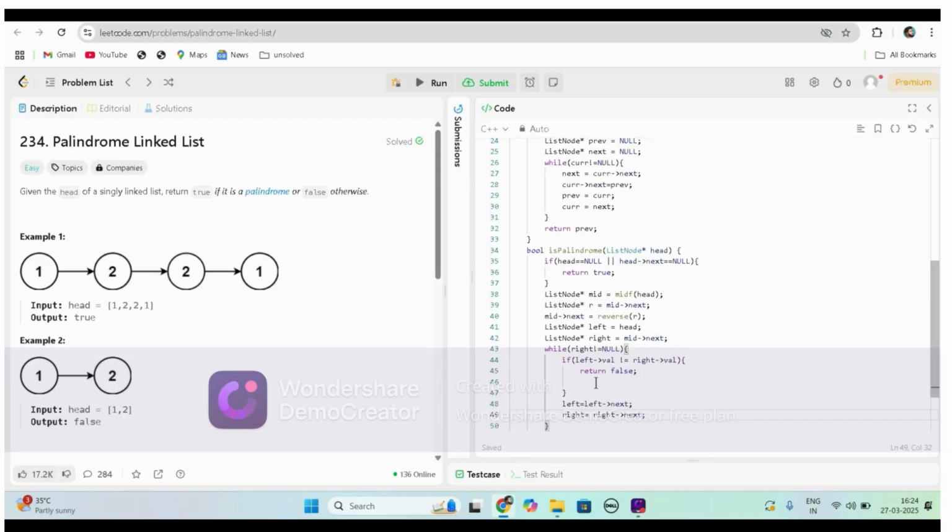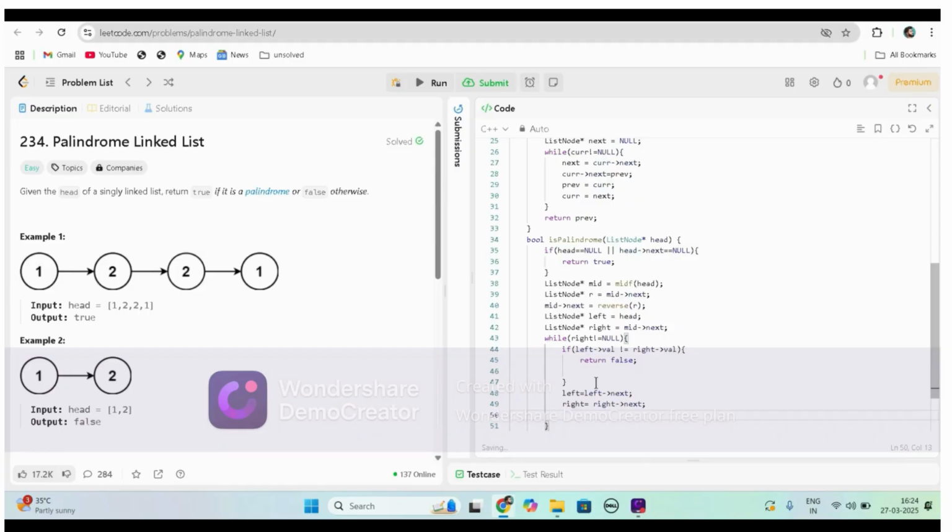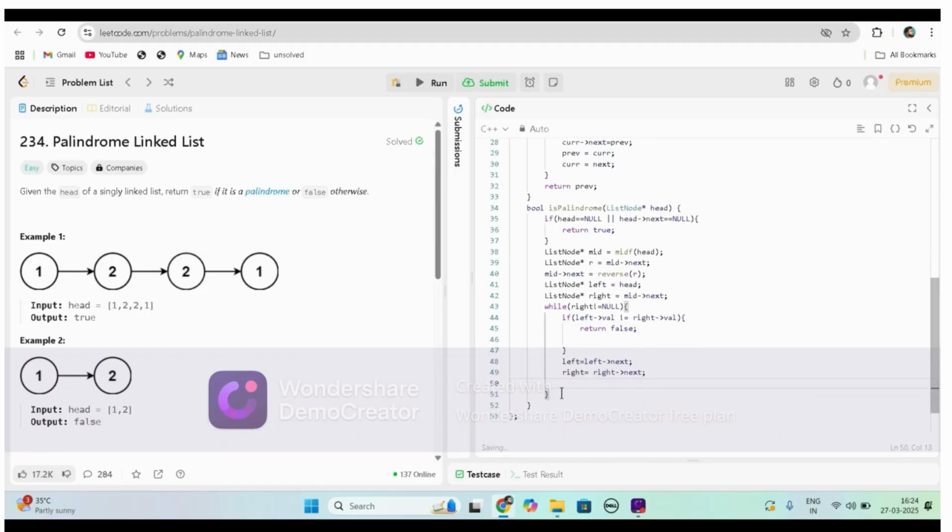I think you can understand that it's not a complicated issue. If you come out of the while loop, it means it's a palindrome. But before returning true, make it correct, because you have changed the list, so restore it. The approach is the same, you reverse,